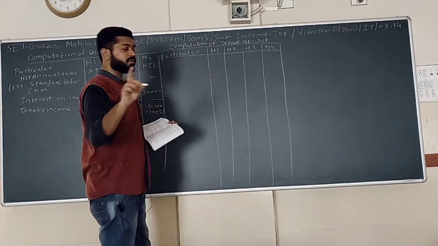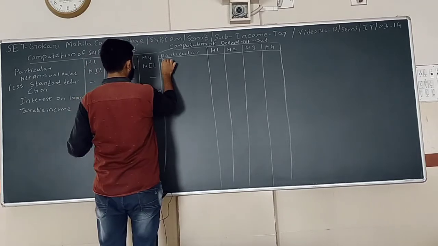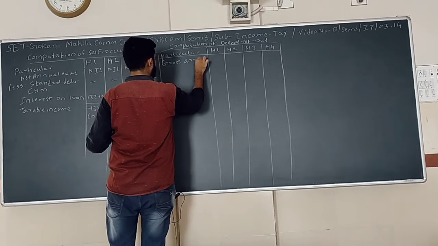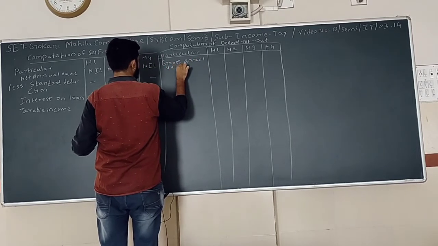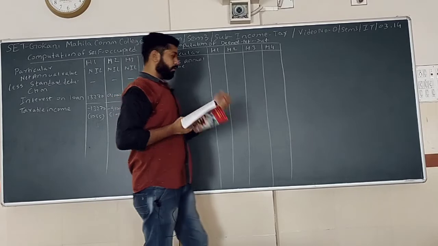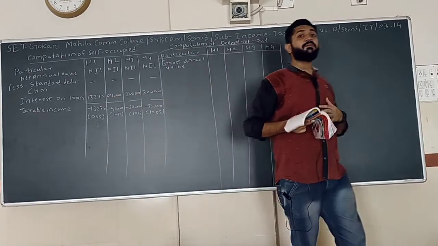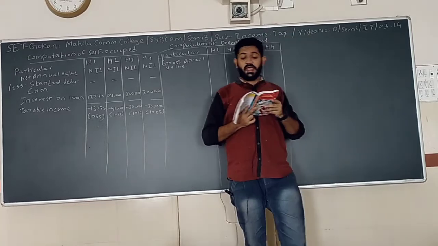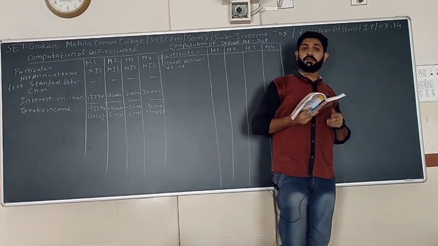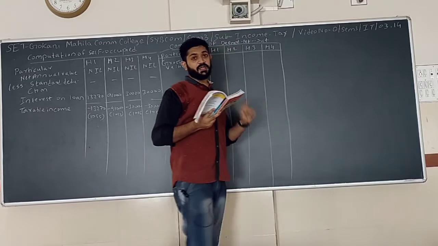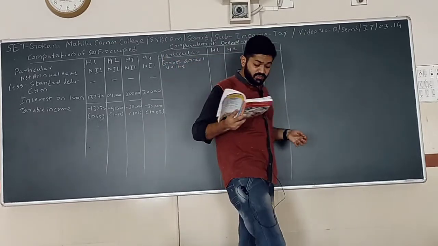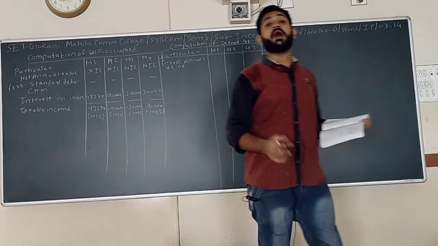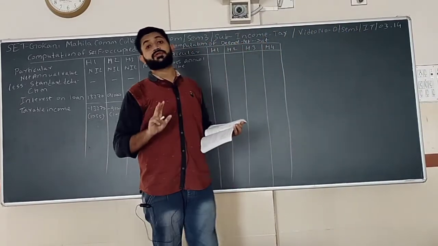So the first part is the GAV, gross annual value. For gross annual value, listen carefully. The first step is what? Municipal rent and fair rent. Compare, take the highest value, and then we are going to compare with the standard rent, whichever is lower. So that is the first. Here the house is deemed let-out. Listen carefully. Actually you are not getting the rent from the house.